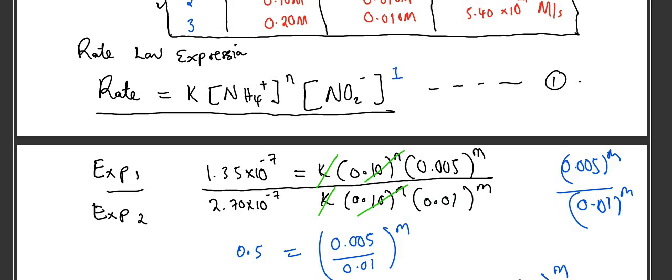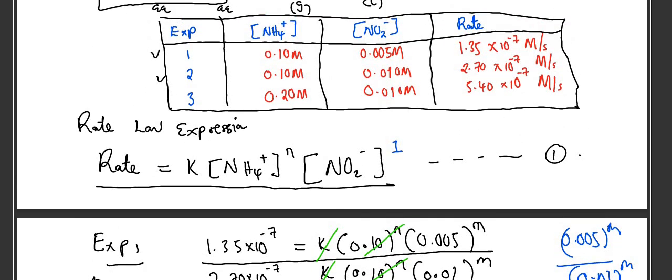Now what is left is for us to know the value of n. Now the first time we didn't know either n or m, so no wonder we're saying we always choose 2 experiments. You would have chosen experiment 2 and 3 because this is constant and this is changing, right? That's what we said. Just choose 2 experiments where one concentration is constant and one is changing. Then divide them. That's the first thing that we did. Now that we know m,